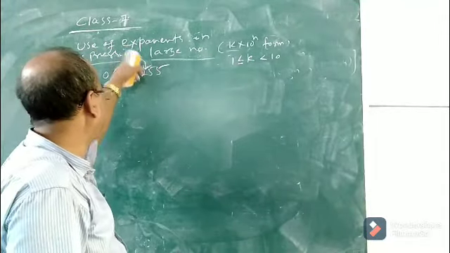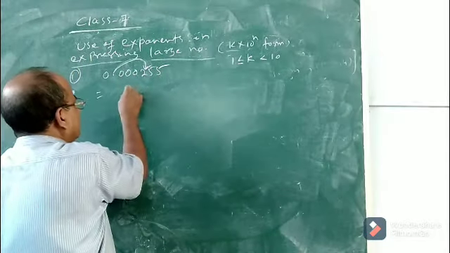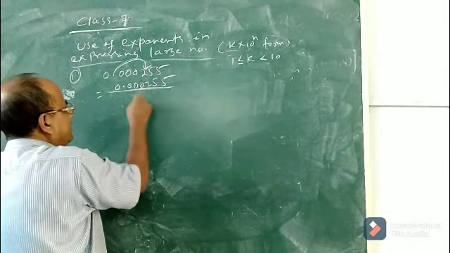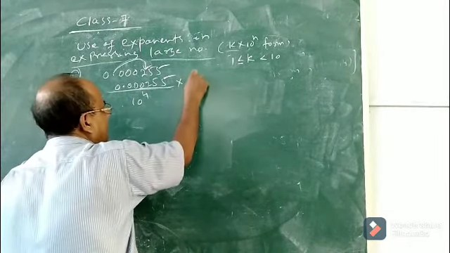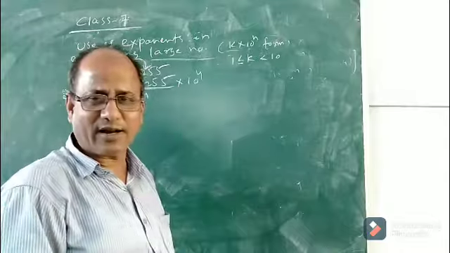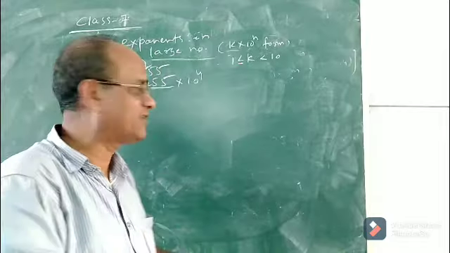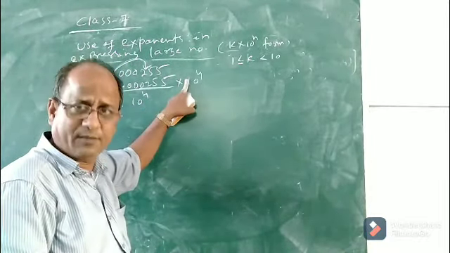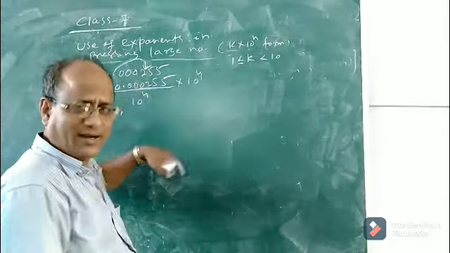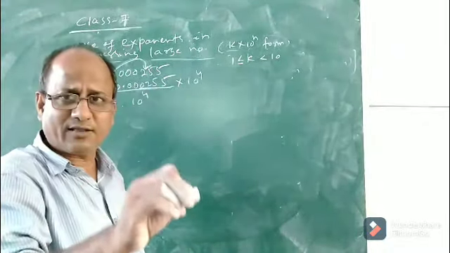Now to shift this point 4 places towards the right, what I had said is the procedure. You divide this number 0.000255 by 10 to the power 4 and multiply by 10 to the power 4. Why 10 to the power 4? Because it is to be shifted 4 places towards right. Suppose it would have been shifted 3 places, then we would have divided by 10 to the power 3 and multiplied by 10 to the power 3. So how many places it is to be shifted, towards the right or left? Left we will discuss in another example.